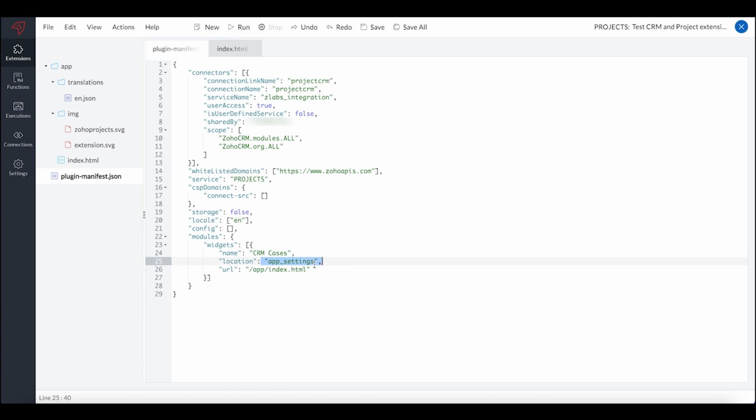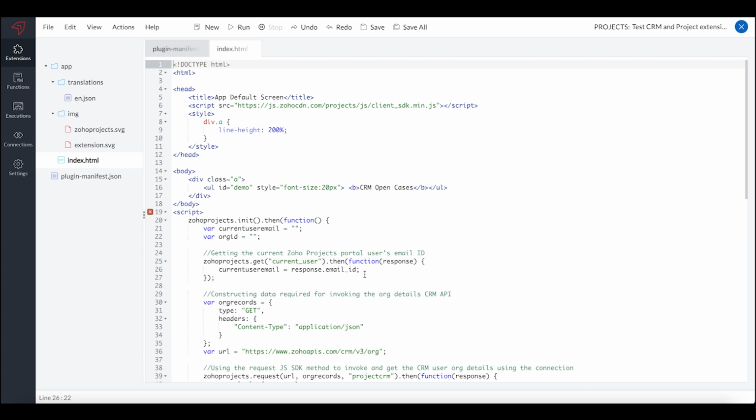For this particular use case, I have chosen the app settings location, and the URL is the location of the HTML file of the widget UI that needs to be rendered. So I have created an index.html file inside the app folder itself, which will hold my widget code in order to display the Zoho CRM open cases inside my Zoho Projects portal.